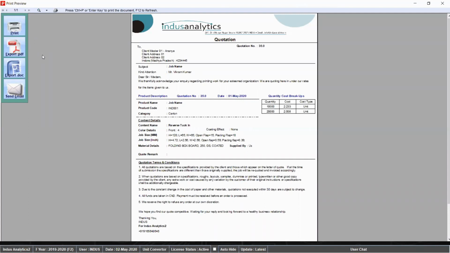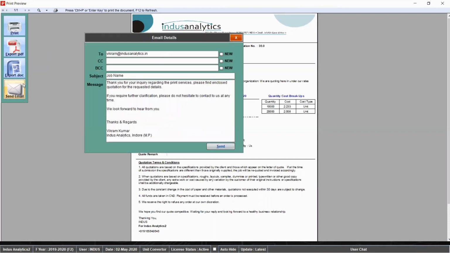Once it's done, and if you want to send this particular email directly to your customer, then use send email button. Once you click on send button, system will send an email to your customer by using your email domain.